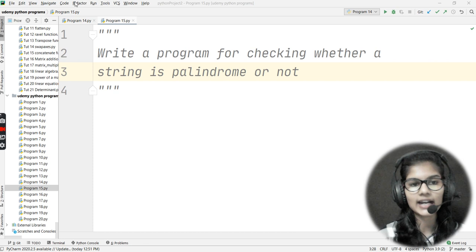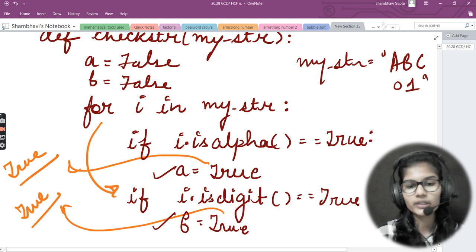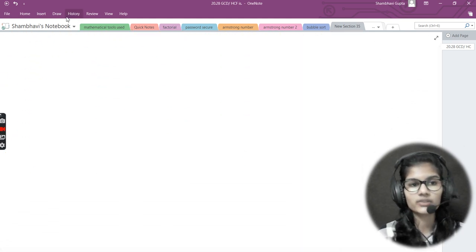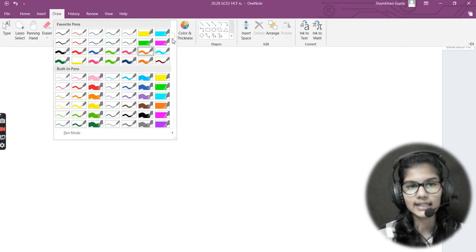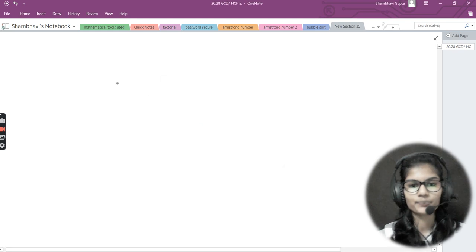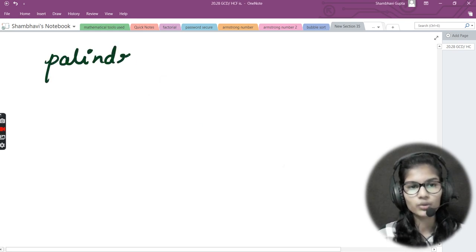So now here we have another program, and it says that I need to write a program for checking whether a string is a palindrome or not. Some of you must know what a palindrome string is, and some of you may not. So let me first give an idea of what a palindrome string actually is. Fine? Okay. So, I would first write here: palindrome